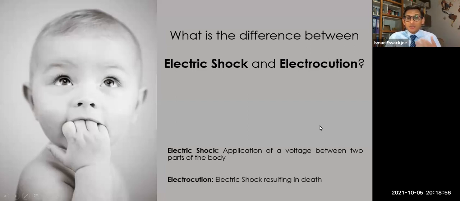Else electrocution, now we are getting serious, guys. Electrocution is an electric shock, as we have just defined, so it's this tingling effect, but to a higher threshold, higher level, which results ultimately in death. This is serious. Electric shock is okay, we can have a small burn. It's not death as such. Death is non-reversible, but it can be a form of burn, which is quite serious at times, maybe amputation as well, depending on the current that has gone through, on where it has gone through your body.